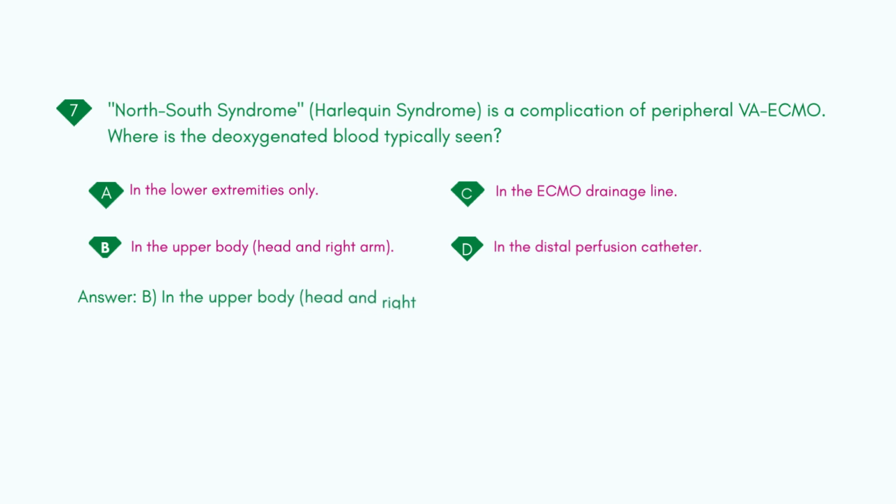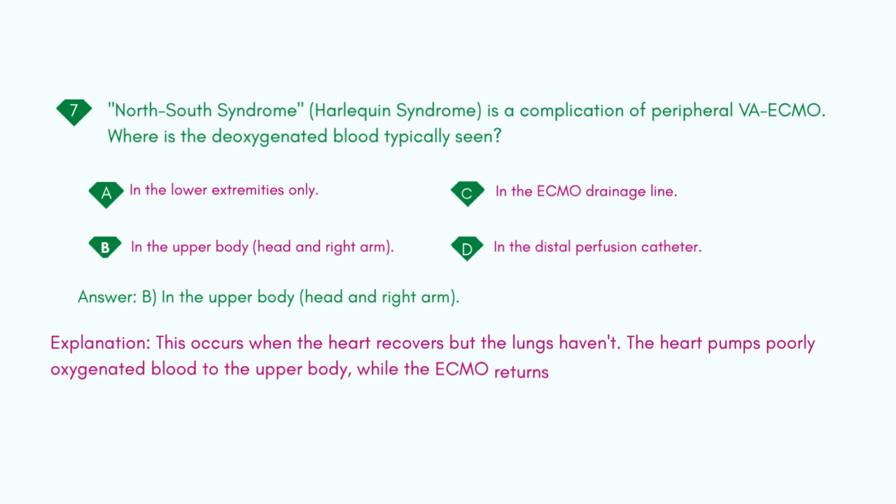Answer: B. In the upper body, head and right arm. Explanation: this occurs when the heart recovers but the lungs haven't. The heart pumps poorly oxygenated blood to the upper body, while the ECMO returns oxygenated blood to the lower body